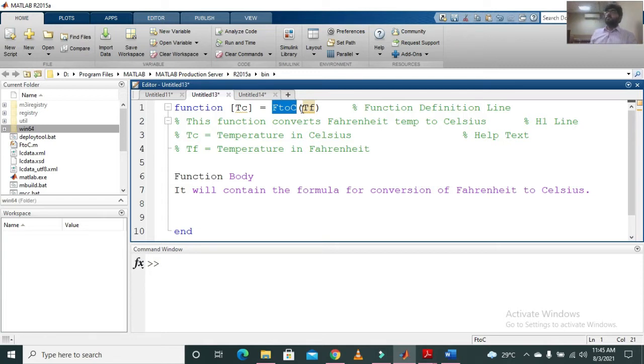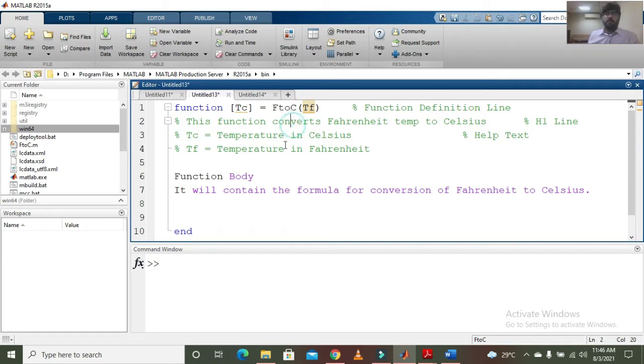We need to save it using the same name which I have given to this function, so that whenever I recall it, I will recall it with the same name. If the names are separate, then it can create some ambiguity regarding what name I will have to use. So in order to avoid such confusion, it is better to save this function file with the same name.